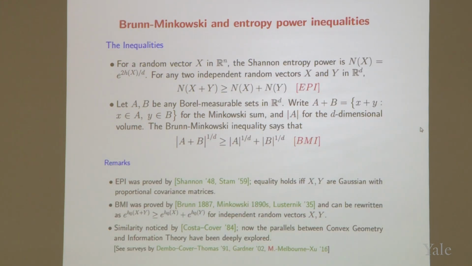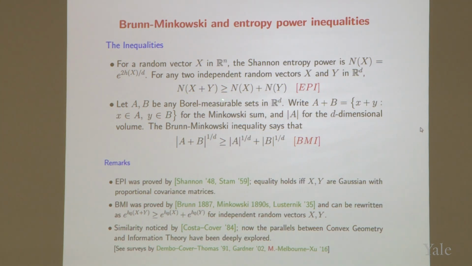I'll start by mentioning two central inequalities. One is the entropy power inequality. First of all, we define the entropy power as the exponential of twice the entropy divided by the dimension. The reason for that definition is that if you define it this way, then the entropy power of a Gaussian turns out to be proportional to the variance. In some sense, when you're doing things with entropy power, usually you're thinking about some Gaussian comparison in the back of your mind. So for two independent random vectors, X and Y in R^d,